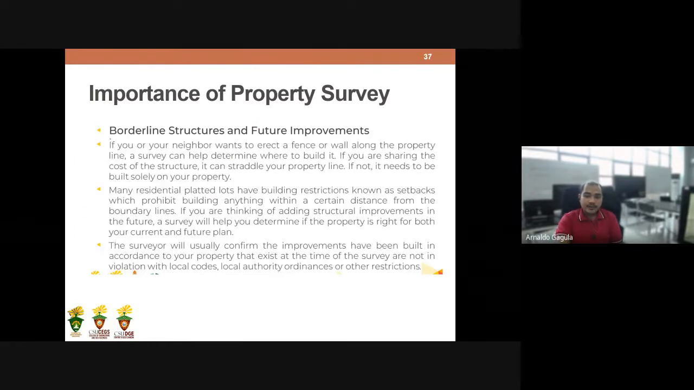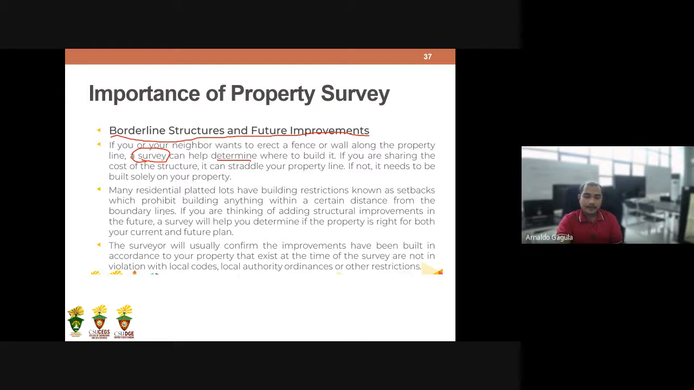So another one is borderline structures and future improvements. If you and your neighbor want to erect a fence or wall along the property line, a survey can help, which is the property survey, to determine where to build it. Kung asa mo ibutang, dapat sulod pod siya sa imuhang boundary. If you are sharing the cost of the structures, it can straddle your property line. If not, it needs to be built solely on your